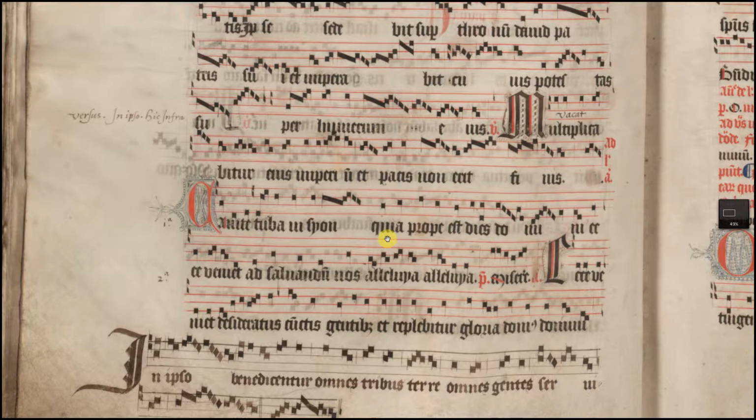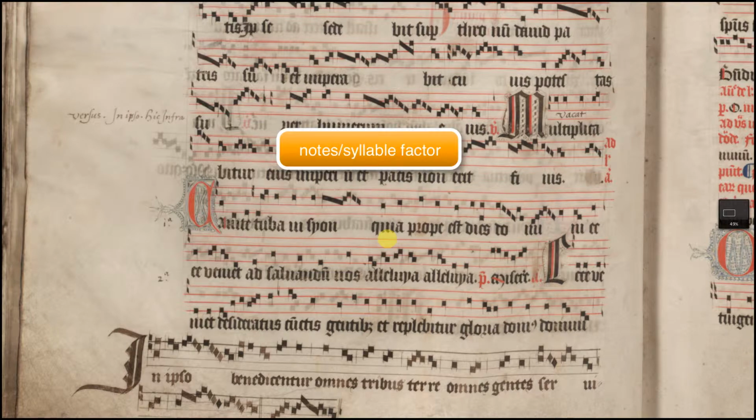Well, this may be a good opportunity to talk about a little invention that I have done. It's a small device. It's nothing special, but it's an interesting thing, especially for a musician. It's the so-called notes per syllable factor. It is what it says. I count notes 1, 2, 3, 4, 5, 6, 7, 8, and so on, and I divide the quantity of notes by the quantity of syllables 1, 2, 3, 4, 5, 6, 7, and so on. If I do this for this antiphon Canite tuba, I have a factor